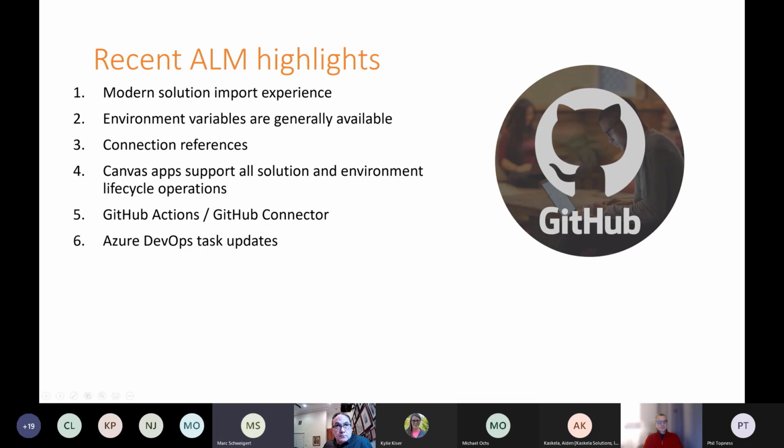And so when you think about what we're going to be showing next, and Phil will be talking through, and Mike and I will be talking through a lot of the output of what we do, because we work closely with the individual teams that have ALM responsibility, it gets fed back into the product through this effort that we're doing to help ensure that real world end-to-end ALM scenarios are achievable through the Power Platform. So with that, I'll hand it over to Phil, and then we'll get started.